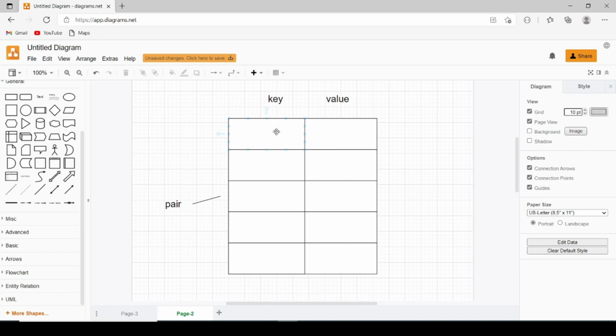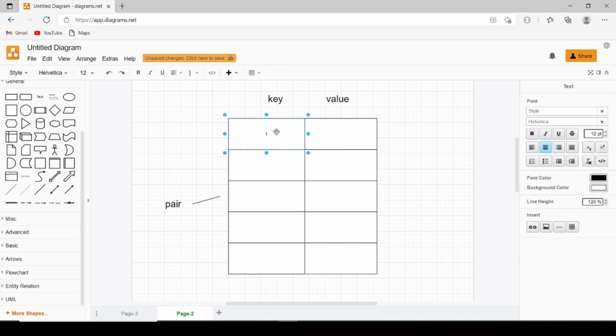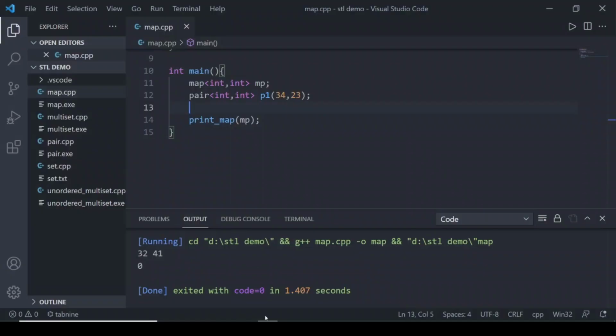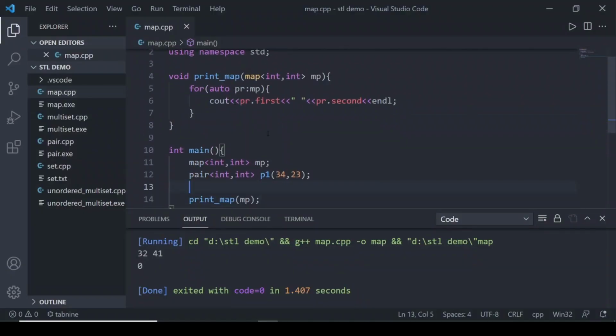Keys are unique in a map, meaning if you have a key of 1 in a map, then you can't have a key of 1 in the map again. So keys are unique, and for every key you can have a value related to it. If you want to hash something, if you want a particular key to have a particular value, you can use the map in that place. So let's see how we represent a map.